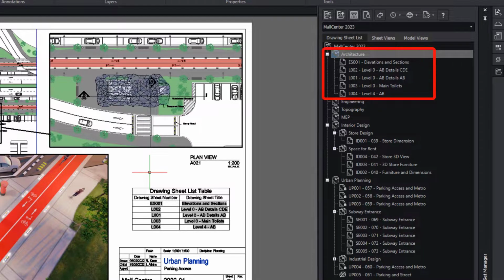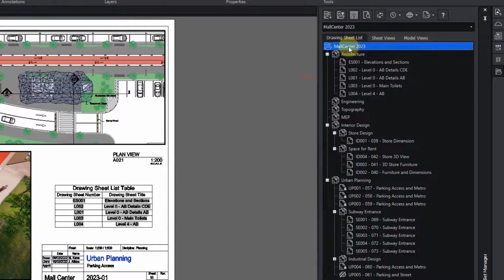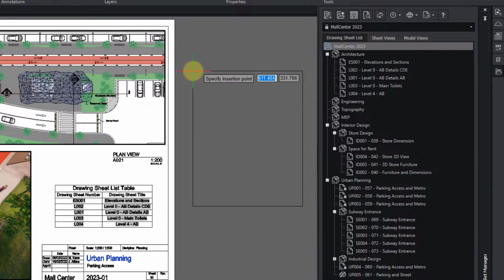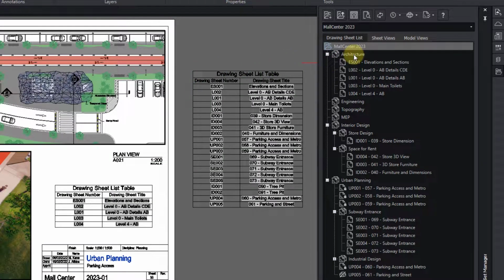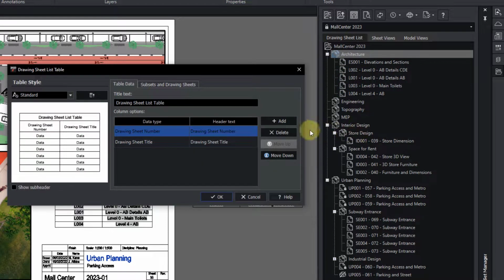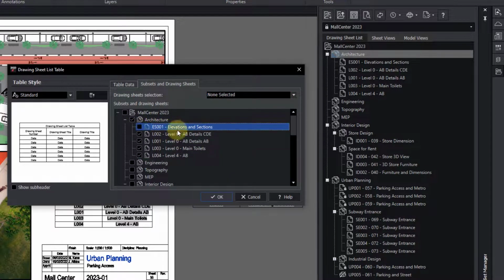If we do it from a subcategory, the resulting table will only obtain the data of the sheets that are included. If it is done from the main header instead, a table is generated with all the sheets included. The table information can be customized to add or remove more parameters. We can even determine which sheets to include.